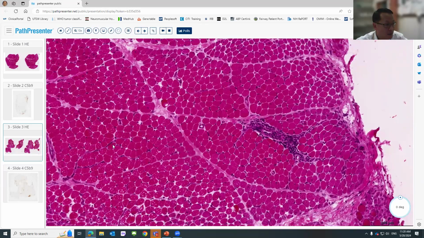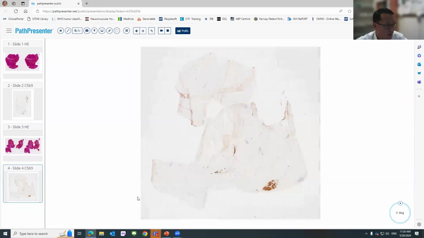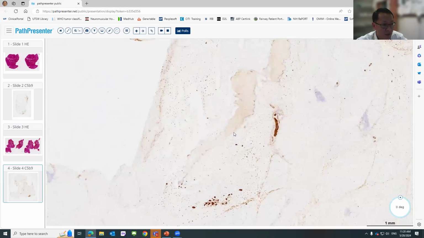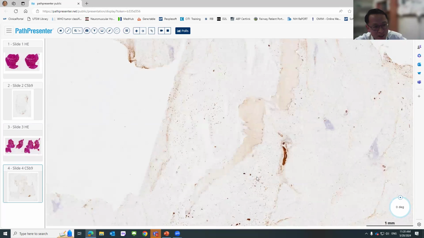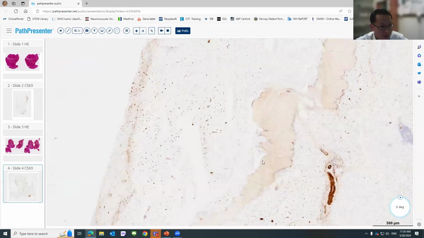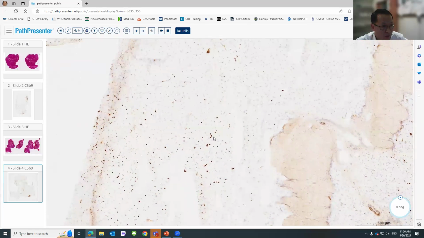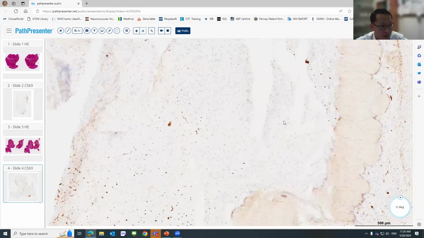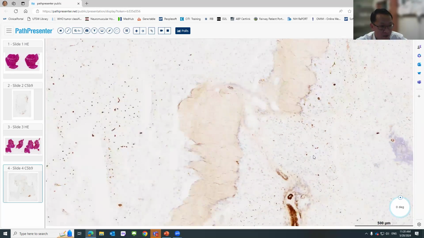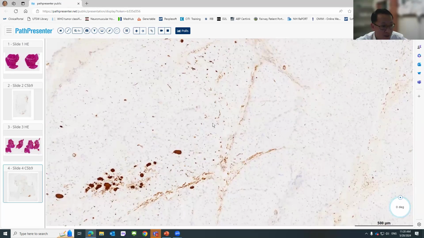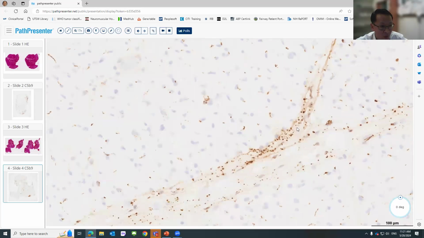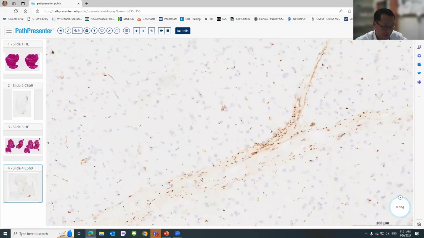Okay, and the most useful staining in setting them aside from other ones is this NXP2 staining. So NXP2, the C5b9 staining, the terminal complement complex. So here you can see that there is very robust capillary staining, and this staining is quite patchy. So in this area it is very strong. In other areas, it can be completely negative. And you can see it in multiple locations. And in the perimysium, it typically has a very granular punctate staining pattern.